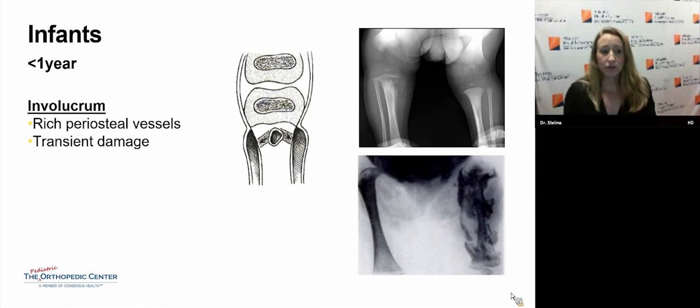In infants less than 1 year old, they can develop what's called an involucrum, so something involutes. There's a temporary transient damage to the periosteum and disruption of the periosteal vessels, and something can be kind of pushed into the bone. And this is a schematic showing that area that's pushed in from the periosteum into the bone. On the right top image, we can see a lytic lesion in the bone, but also a periosteal reaction around the shaft on that right tibia. And on the bottom image of the femur, you can see the left periosteal reaction with the development of that infection.